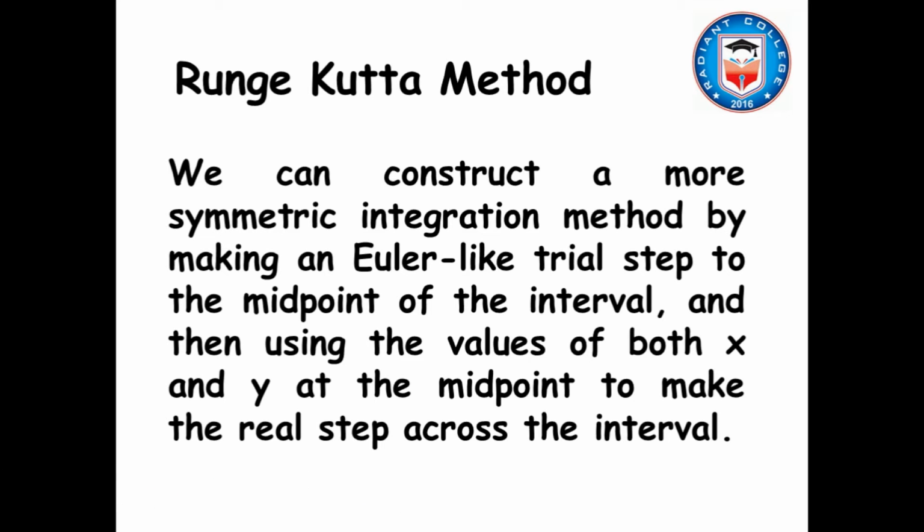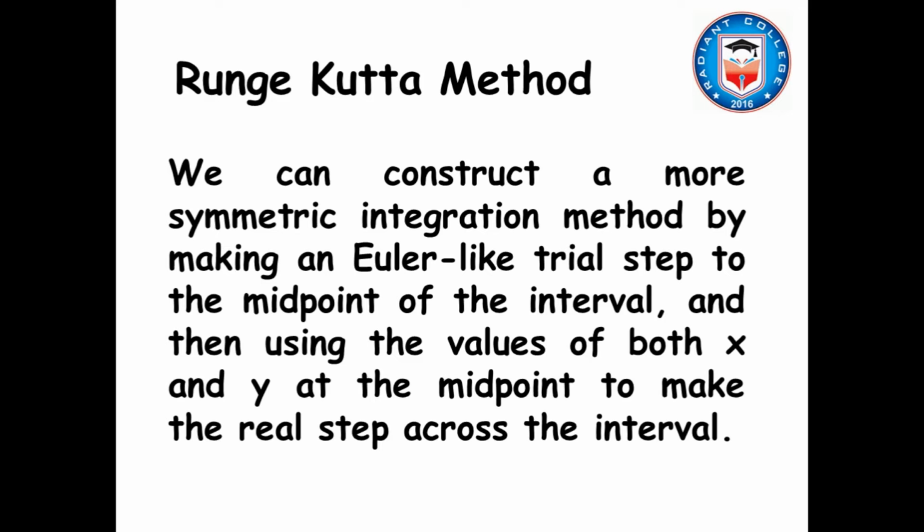So we consider in Euler's method x1 is equal to x0 plus h. But in this method we will consider x1 is equal to x0 plus h by 2, the half of the